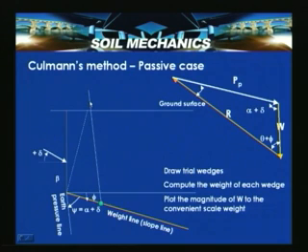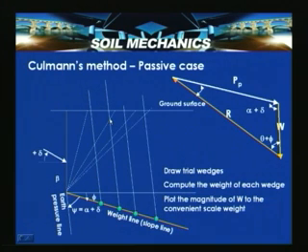So, this is one of the points on the possible Culmann's envelope for the passive case. Now, similarly, along the second line, when it meets at this particular point. Similarly, third wedge line, fourth wedge line, fifth wedge line. When we look into this, all these points can be joined, and then this envelope, this pink one, represents